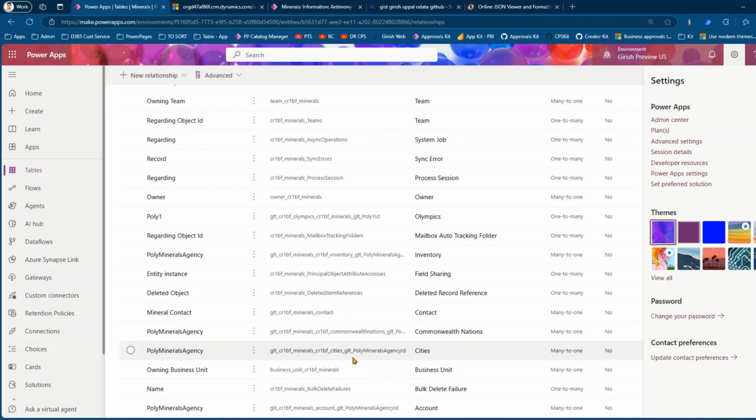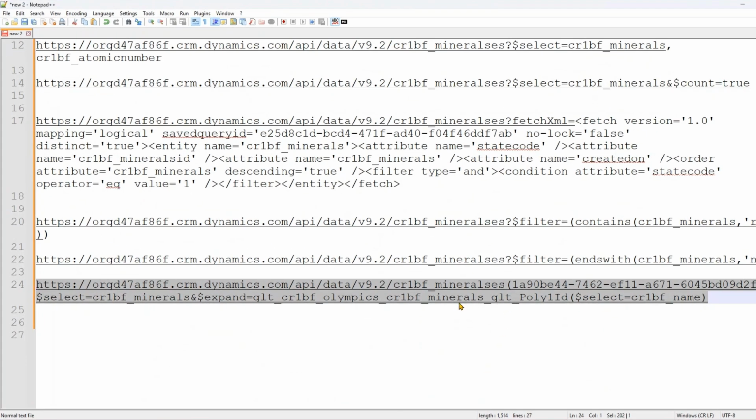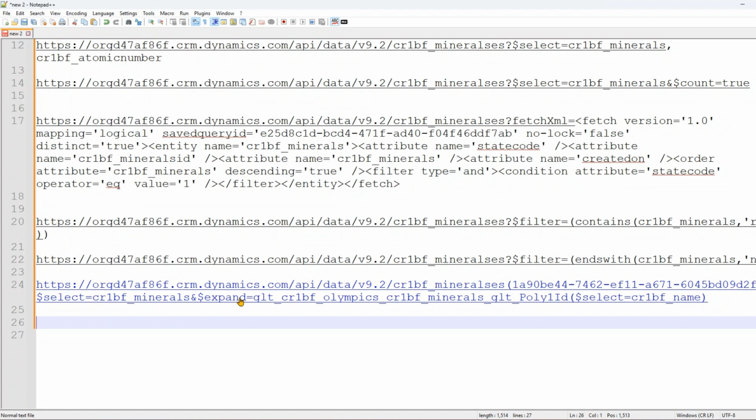So let me show you that. The relationship name is glt underscore cr1pf underscore olympics. So here we are pointing to this. It is pointing to poly1. So poly1 is the column, and we have taken this relationship. If you see the code over here, it is this one, glt underscore cr1pf underscore olympics underscore minerals, or glt and poly1 id, and then this is pointing to that particular record, and it gives you that output. So this is how you can use